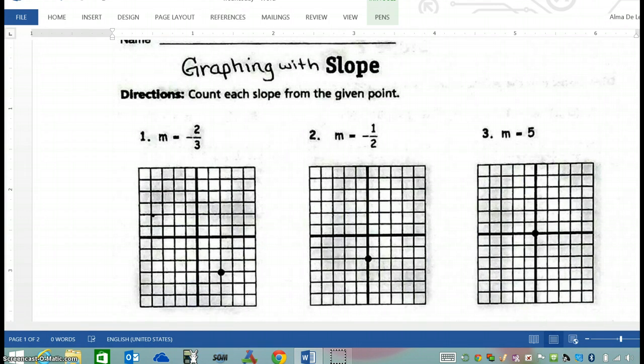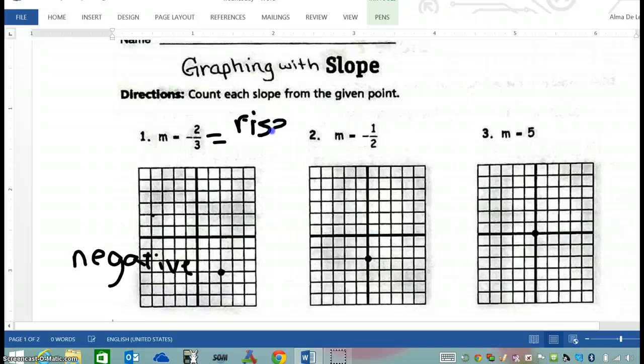Our slope is negative, so we know that our line is going to go down. That's definitely something we're going to use in making sure that our line is right. So we're going to start with our first point. We know that slope is the same thing as